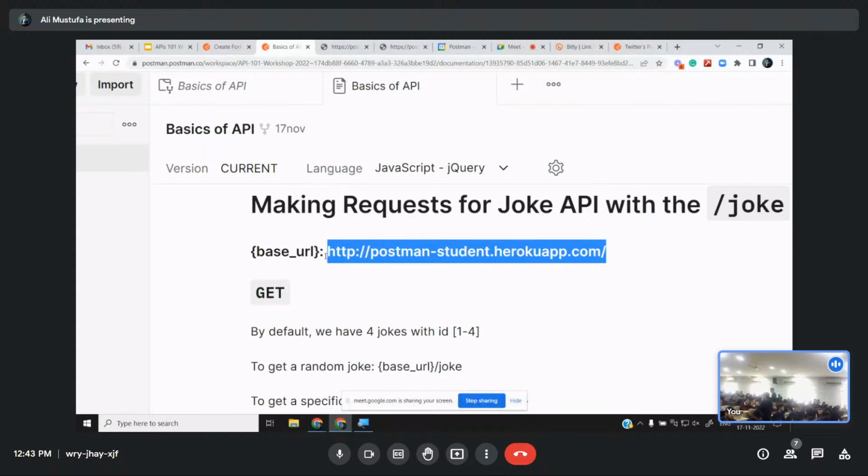Go to google.com, open a new tab. The URL has loaded, right? You see the Google homepage. Now in the URL section, listen carefully. Add a forward slash. If the slash is already there, don't add it. But if the slash is not there, add a forward slash. Add a question mark. Add equal to.